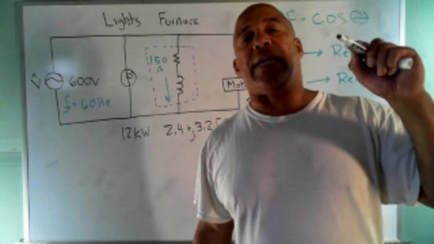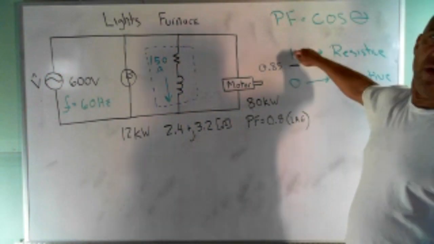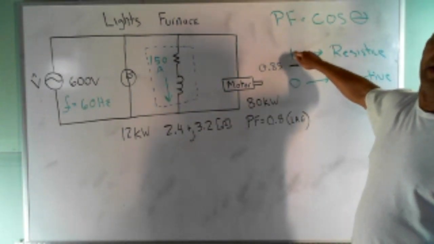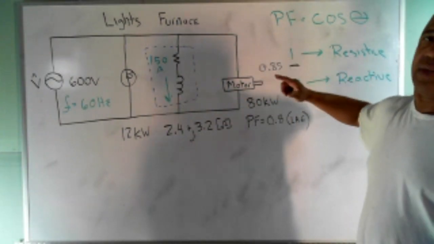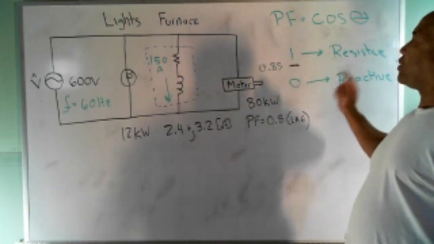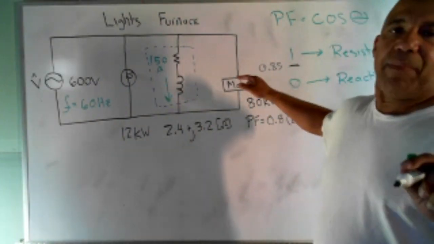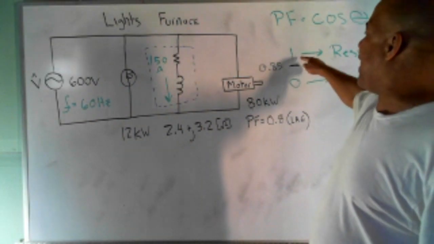The Duke Energy or the energy company wants this as high as possible. Now, you can't have a power factor of 1. I mean, you could, I guess, in theory. But there's always going to be some reactance in there that you can't get rid of. So the question is, or not the question, the statement and the problem is, if they're